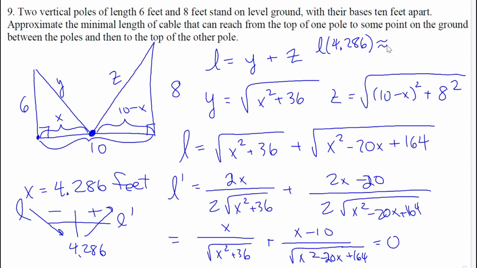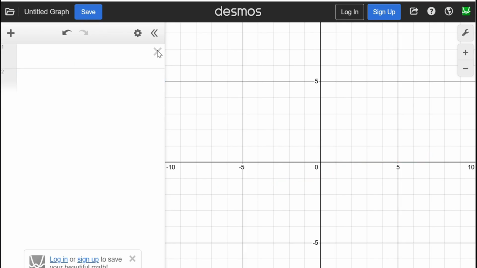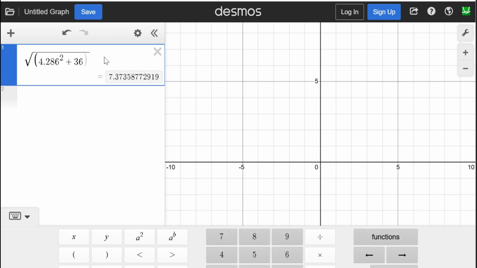And, well, that's going to be a little bit irritating to figure out, but we'll just use Desmos to have it do it for us. So the function that we're talking about was the square root function, right? So it's the square root to begin with of 4.286 squared plus 36. So that was the x squared plus 36 part, plus the square root of, and it's